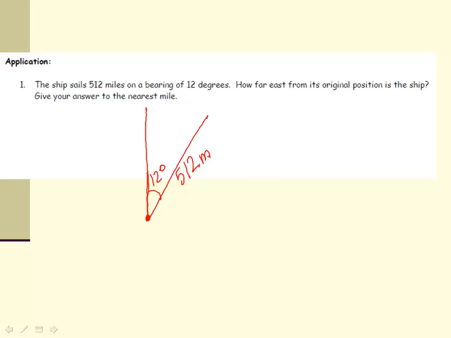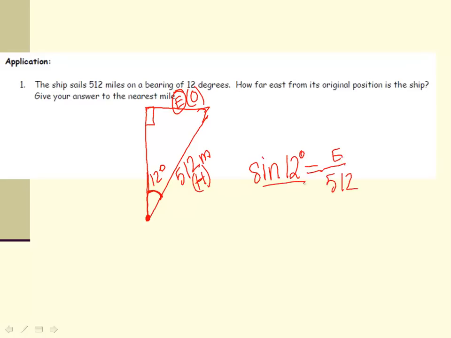512 miles. So to find how far east it is, we're looking at this value right up here. Let's set up a problem. Here's our angle. This is the hypotenuse, and across from it would be our opposite. Opposite and hypotenuse, that's sine. So sine of 12 degrees equals our opposite over hypotenuse. Let's cross multiply. I have 512 times the sine of 12 degrees equals the distance that we want. If you put that into your calculator, you'll find that it's about